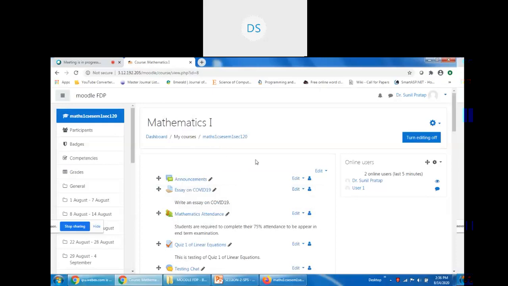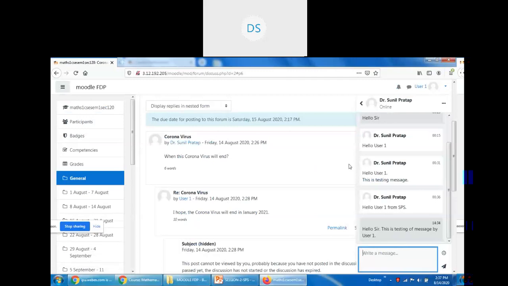So by adding this block, you can see this block is appearing on the right side in my window. So you can see I am working in this Chrome environment, and I have also logged in with user 1 in my Mozilla window.